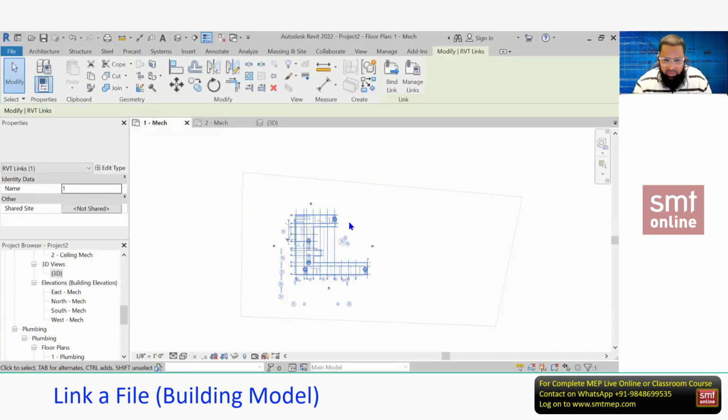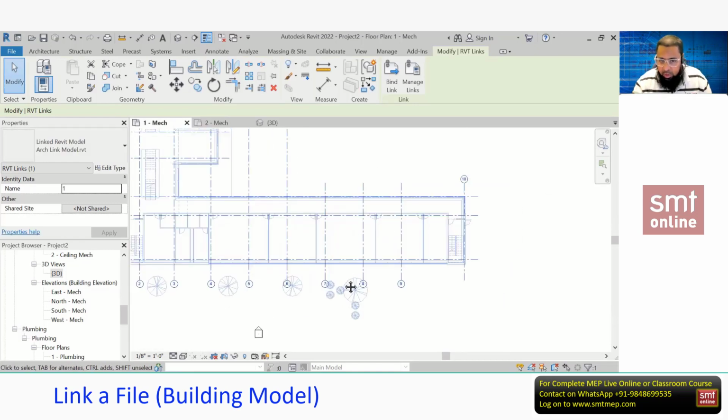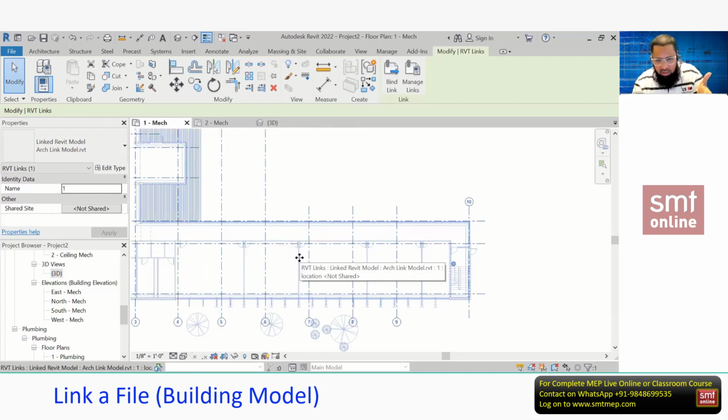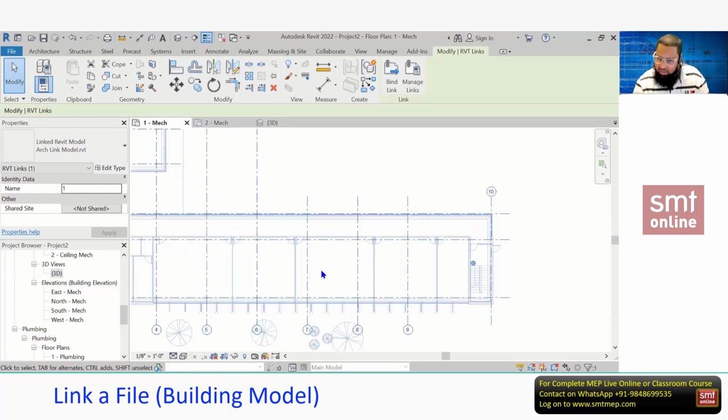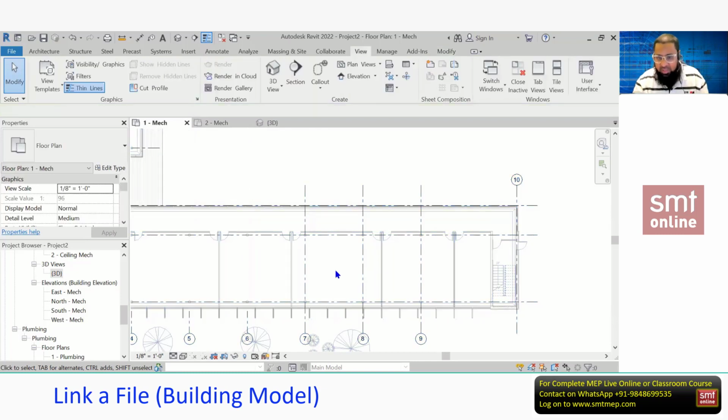You see, you'll not find any physical or visible change on screen, but the software will create the boundary for all the rooms. Because at the time when the architect prepared this building, they took the wall and floor as different elements. But for us, for mechanical, meaning HVAC, and for electrical calculation, we require the area and volume of the rooms, and that can be extracted after preparing the spaces. And spaces cannot be done without this room bounding option. At this level, just remember this. I'll prove the importance of room bounding at the time of preparing spaces, which is the first step for load calculation.